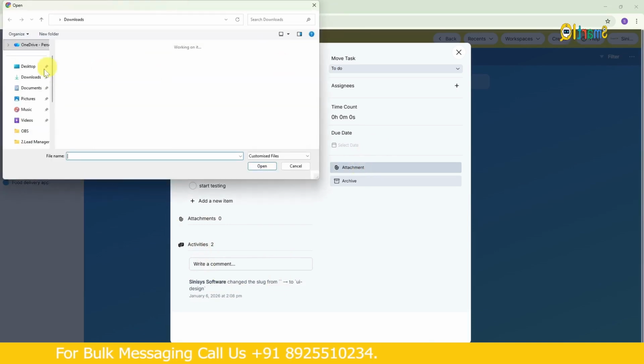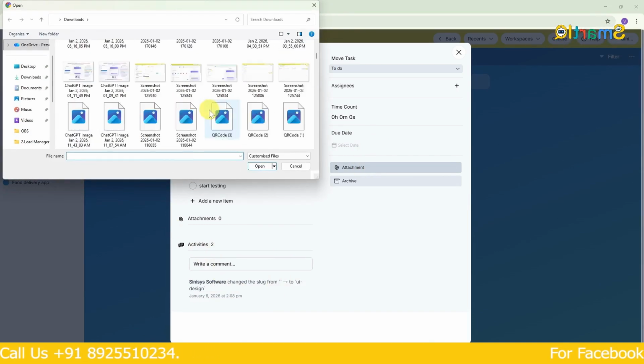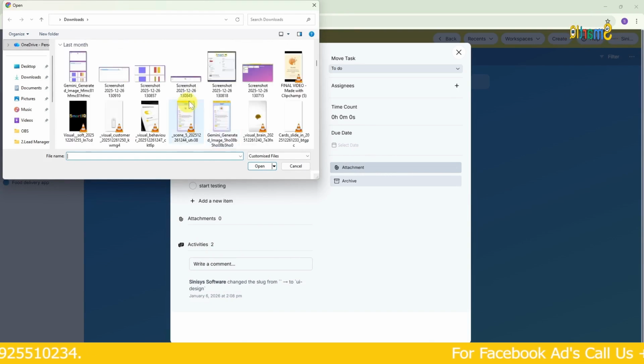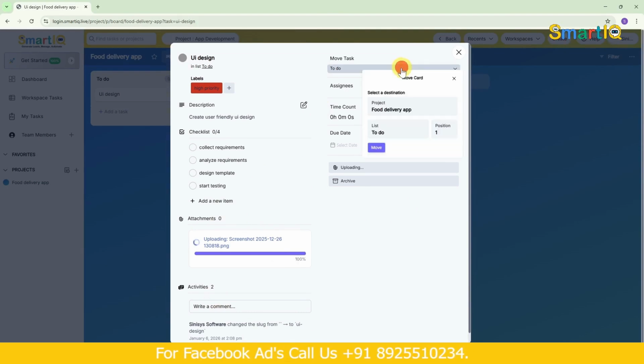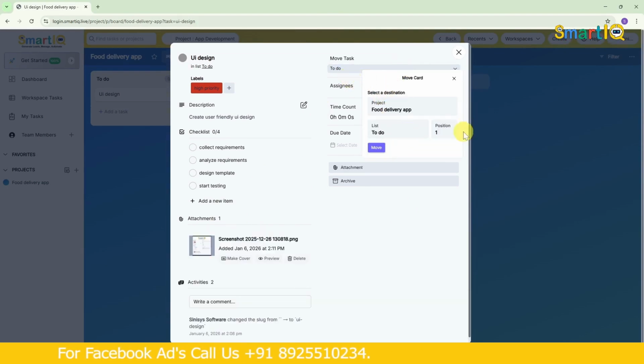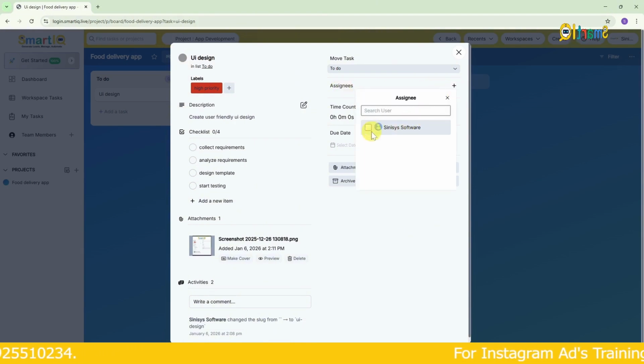It's showing like that. So in attachments, if we go and click, suppose I want to, I am just giving that. If you want something like this done, you can even upload it here. Okay. Do we need to move this task anywhere else? You can also move it from here if you want. Okay. So next, who are we going to assign this to? Right now we have only this one user. So I'll tell you how to add a user.